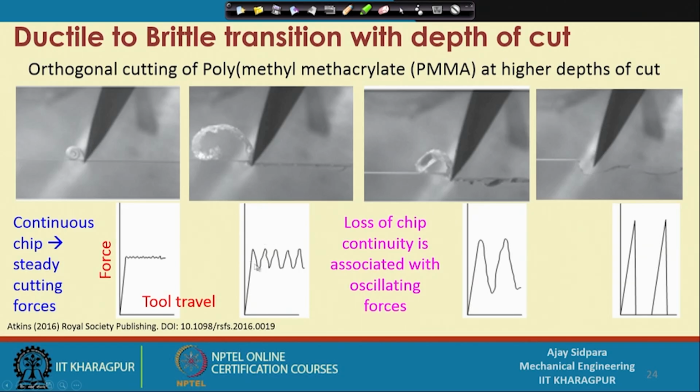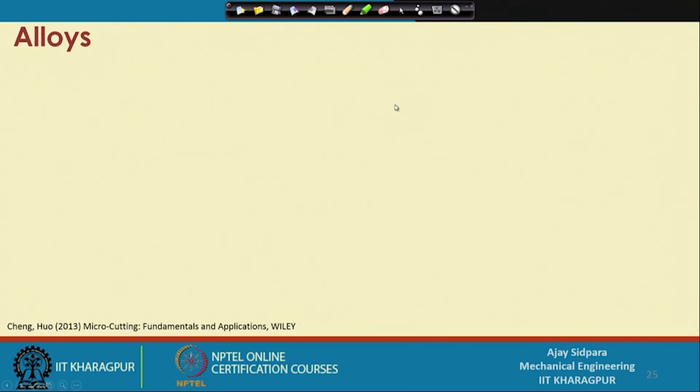So, this way we have understood that force data can be one of the important signatures of this machining operation, where you can get some insight of the operation, whether it is going perfectly right or there are some problems in this case. So, now let us see what are the different mechanisms by which the material is removed in